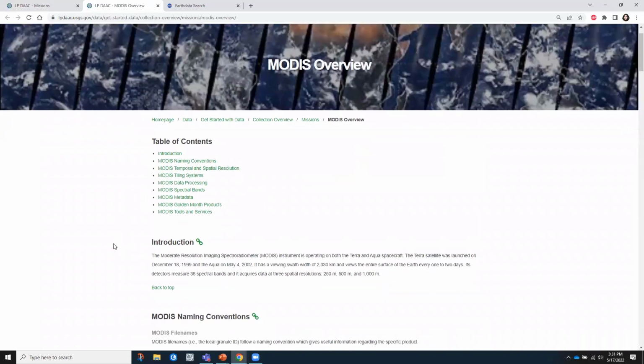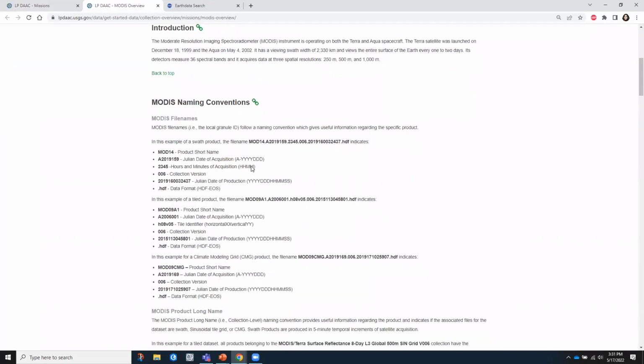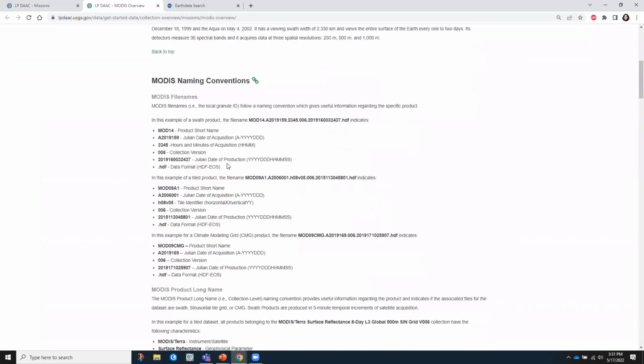And here I can see all of the information that I could really want to know about MODIS itself. So an introduction to the sensor, the naming conventions. This is a really great kind of cheat sheet for users. With a lot of our data sets, when you have the file name of the granule, that tells you a lot about that information. So it tells you the product short name, in this case, MOD14, which is a fire product, one of the ones that we looked at earlier, the Julian date of acquisition, the hours and minutes,